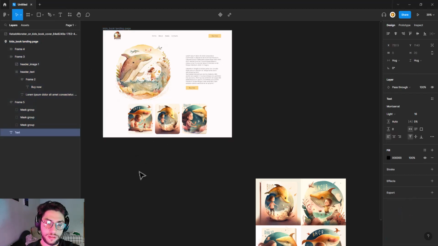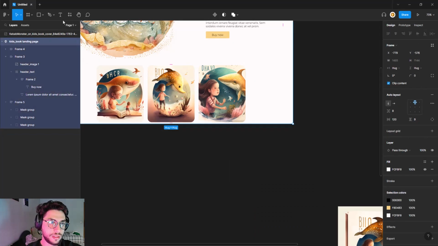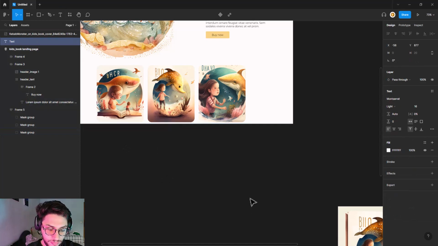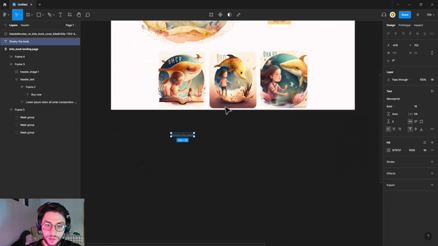So, I'm going to go ahead and use the outer layout. I'm not going to use it here, but I'm going to go outside and type. Let's call this Sharky and the book. Sharky the book sounds good to me. It's short and it's good. I'm going to go ahead and use bold for it. I'm going to go ahead and use some dark color for it. And then I will